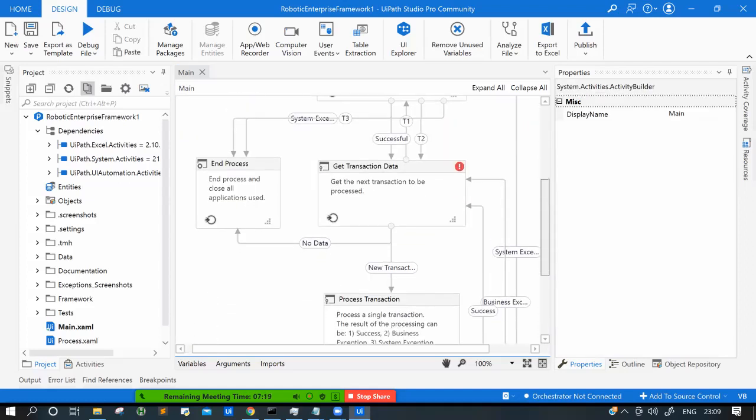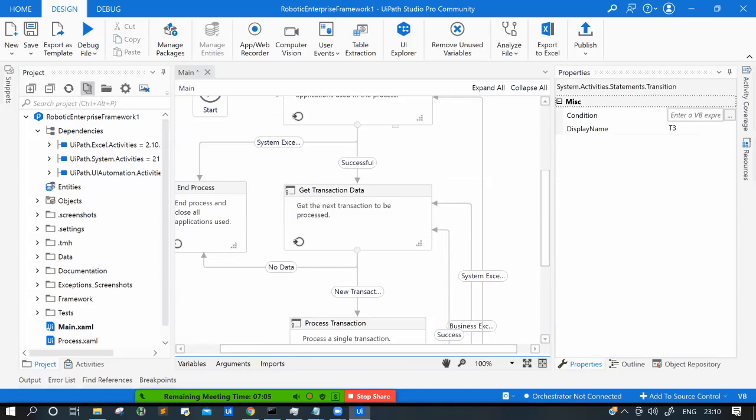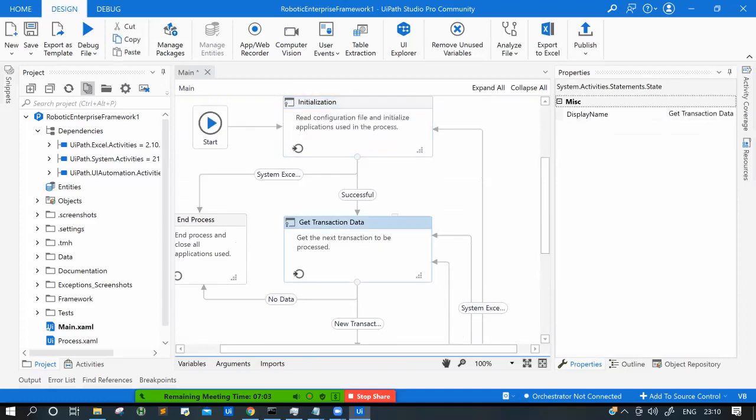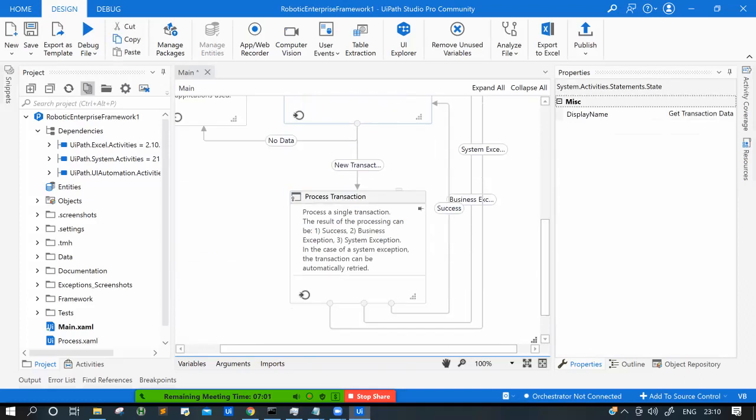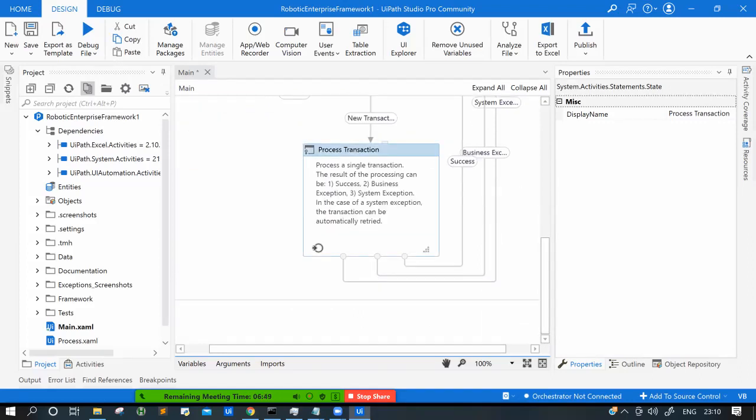Okay, what people do ask is, don't get confused since I made so many transactions over here. Usually you have it like this only. I assume you know what Init does, what Get Transactions is doing, and Process. If you want a detailed walkthrough of this, let me know in the comments so that I can make a day for this and explain these. But the important thing you should know is about the Process Transaction.